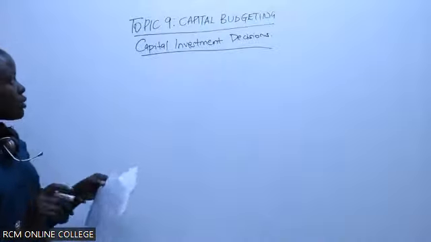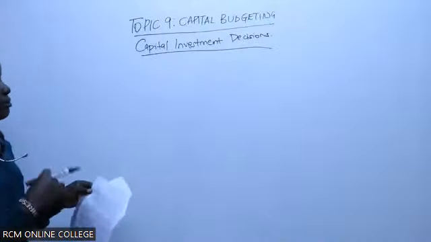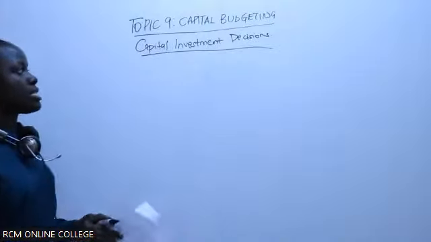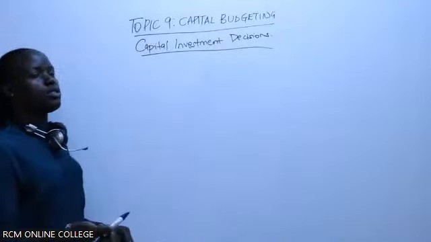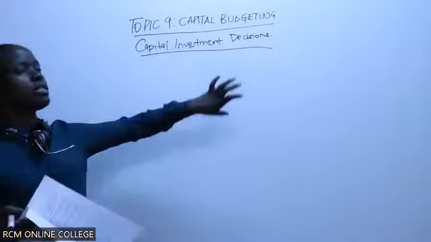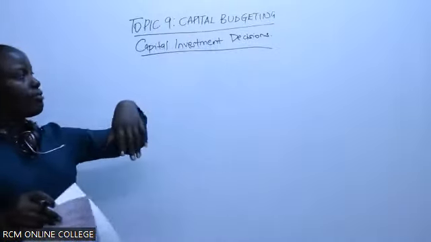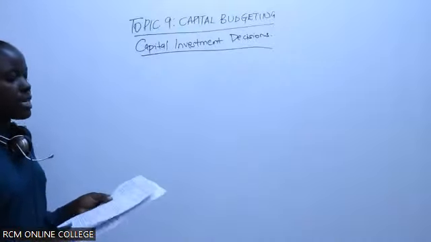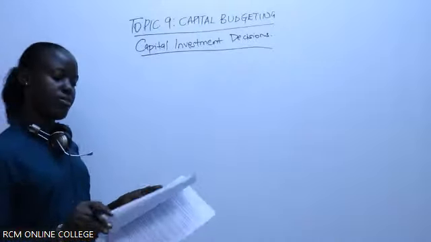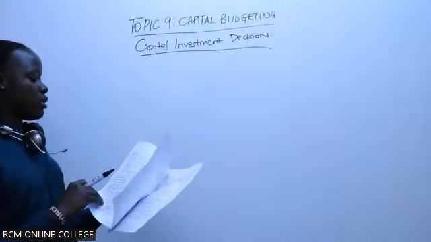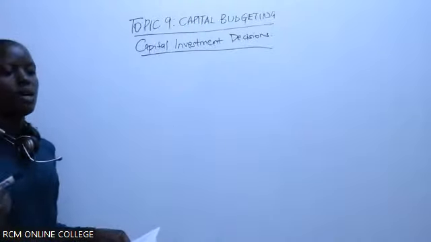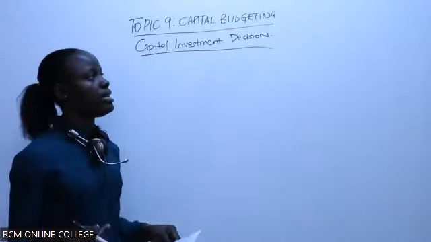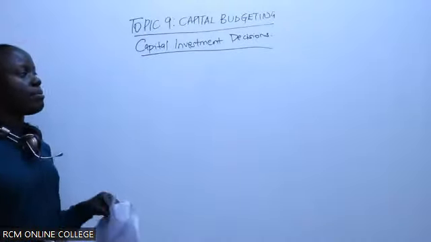So first of all, we look at what capital investment is. Then we'll go ahead and look at the key steps of the considerations that are related to capital investment decisions. Capital investment decision is what entails capital budgeting. Then from there, we look at the importance of capital investment decisions and its characteristics. We're just going to look at this briefly because our main focus is on the investment appraisal techniques, and how to calculate them: the ARR, IRR, profitability index, net present value, and the payback period.